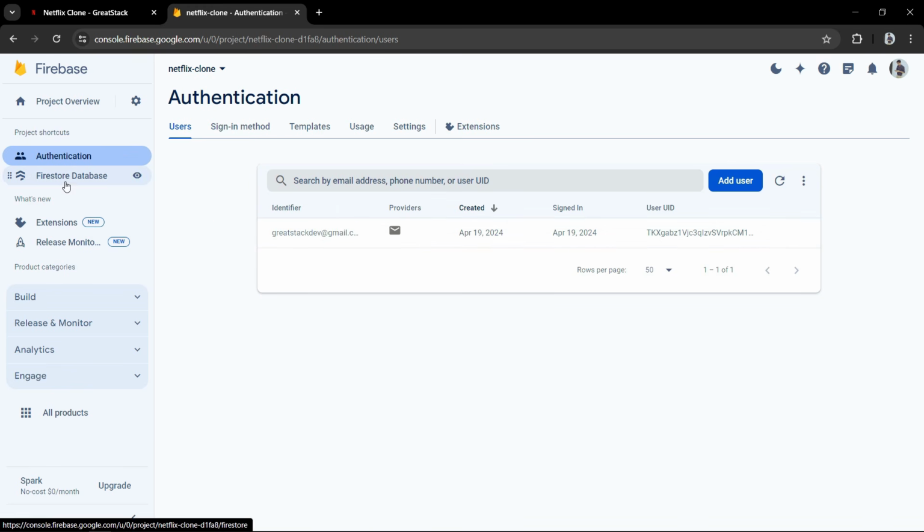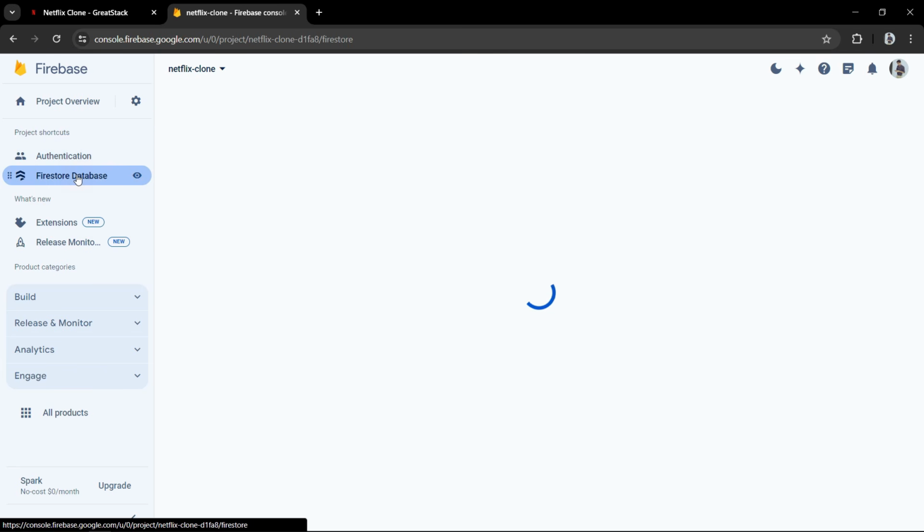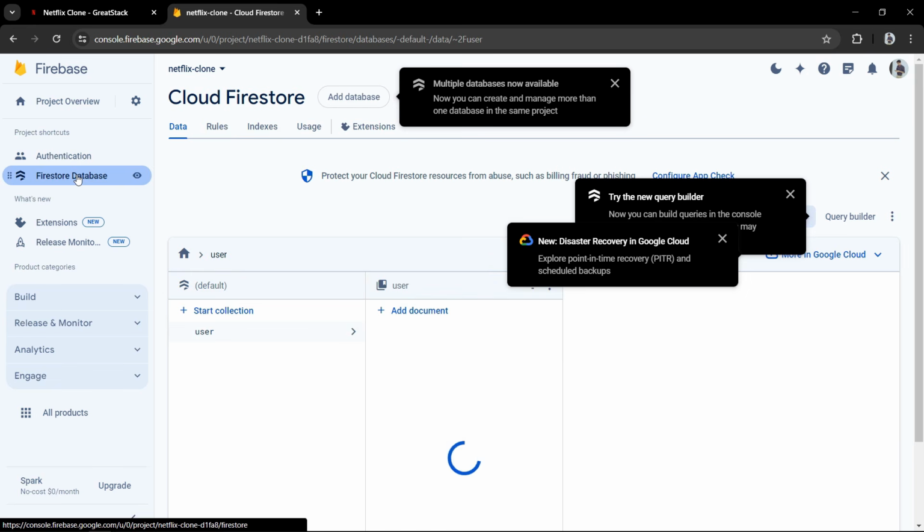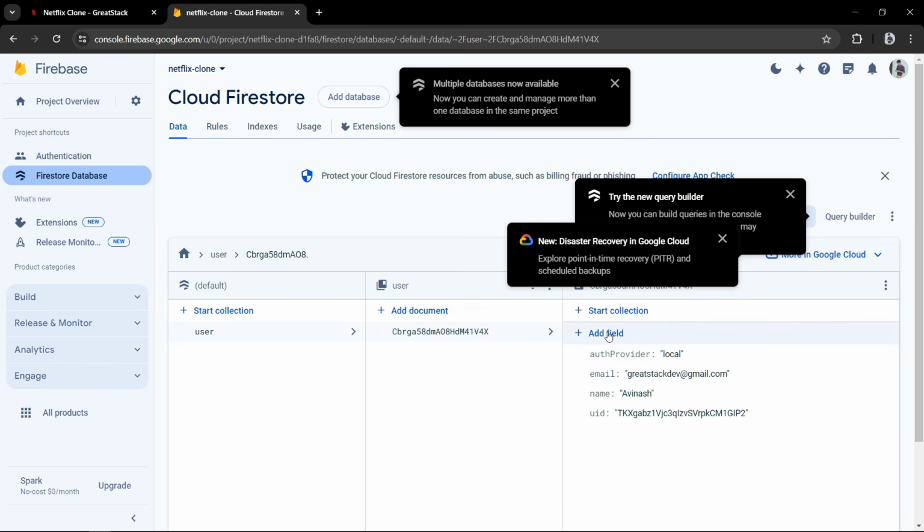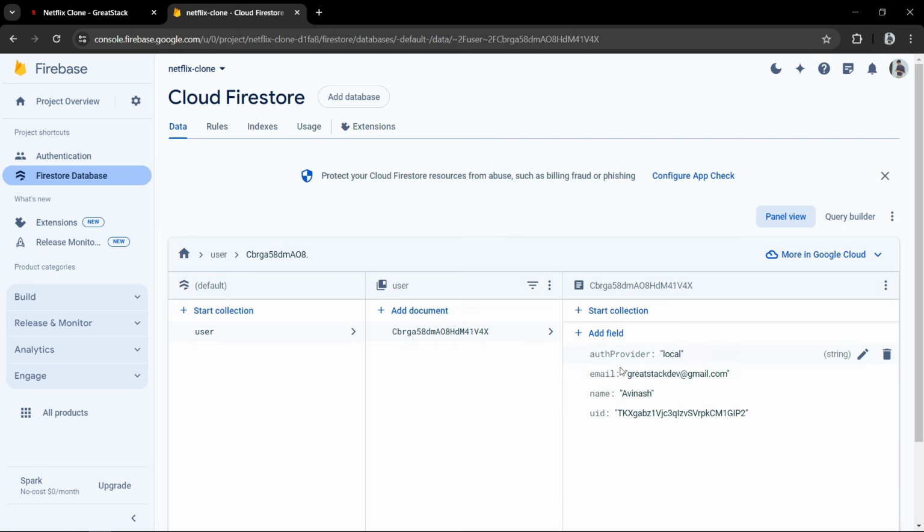If I go to this Firestore database, click here. So in this user collection, you can see we have one user, auth provider local. We have the email, we have the name, and we have the UID, which is the user ID. So the authentication is working and we have stored the user in this Firestore database.